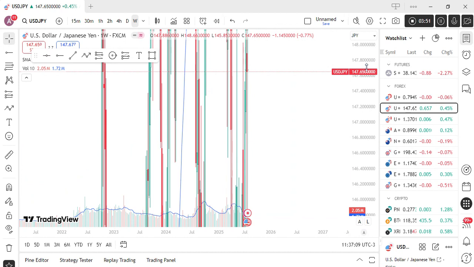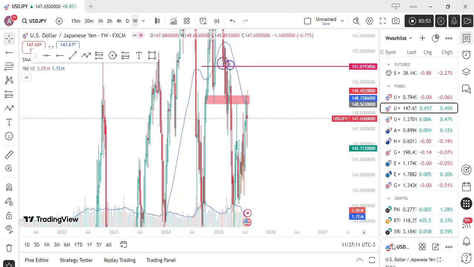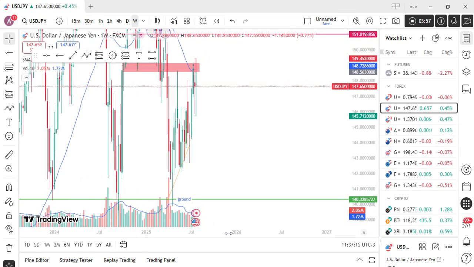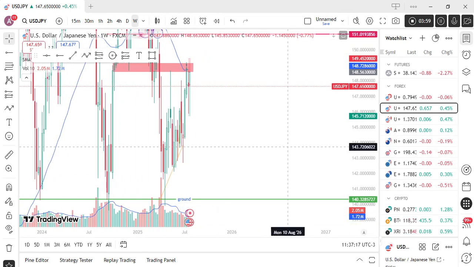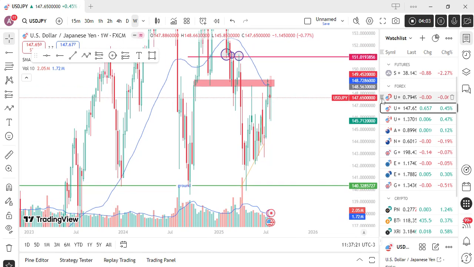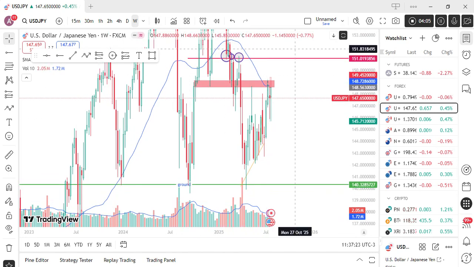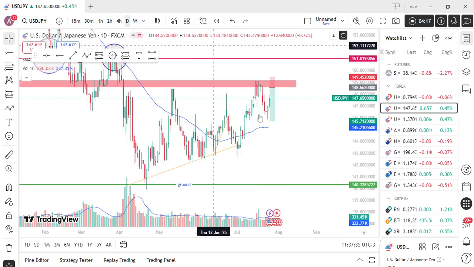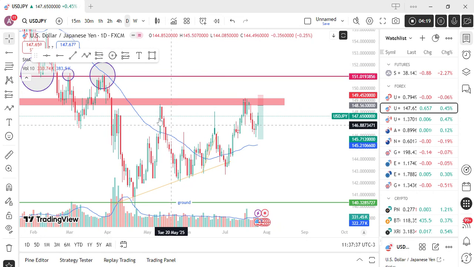USD JPY. We can't say we are bearish yet, though we should be following what is happening. Everything should be following each other, but still we can't say we are bearish yet. On the weekly time frame we are making highs and lows, we retest it, and this is what we are doing again. If you can see the market come back to this level, that will make us bearish on USD JPY, but still we are not yet in the zone of entry.